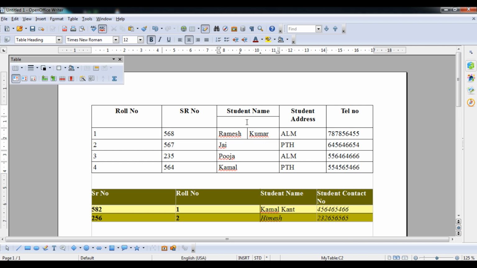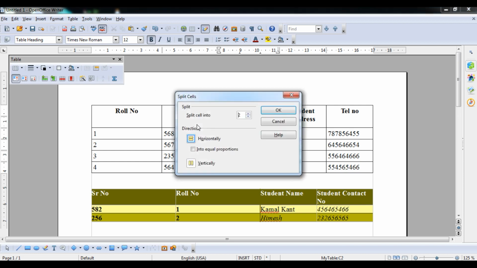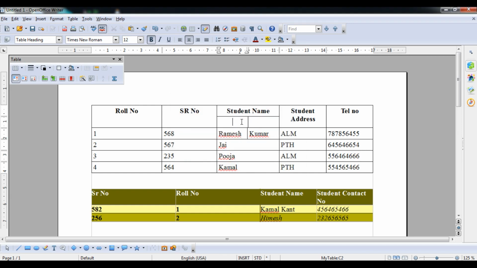Then if I split it again in the vertical way, select vertical, and now you can put here F name, that is first name, and after that S name.